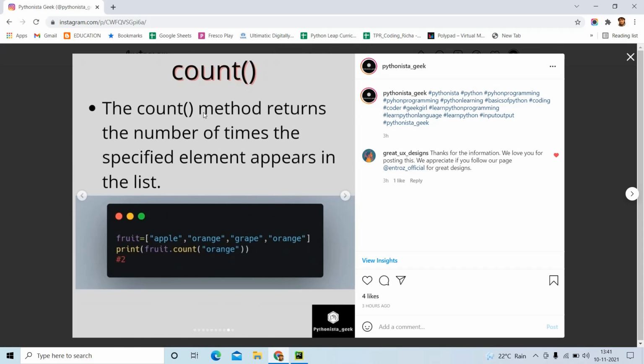Count. So count is a function which is used to count how many times one particular element is available in a list. A list can have duplicates. So if we want to find how many times a particular element is available, we can use this count function.